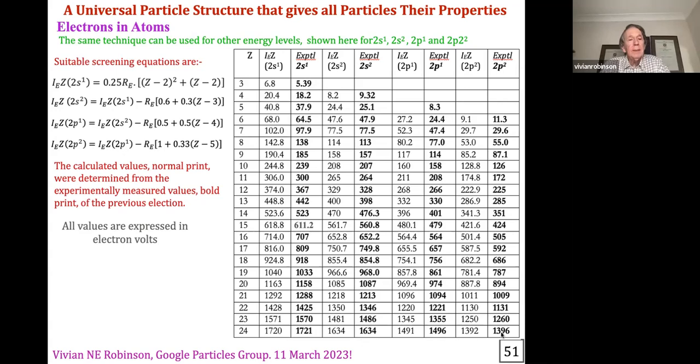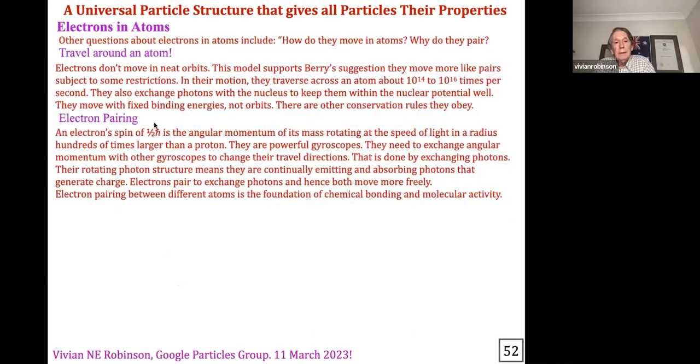It's just that there are a fixed number of protons in a nucleus, and they screen out the effect. But it doesn't answer everything. There are still other questions to be answered, and one of them is, or a couple of them,